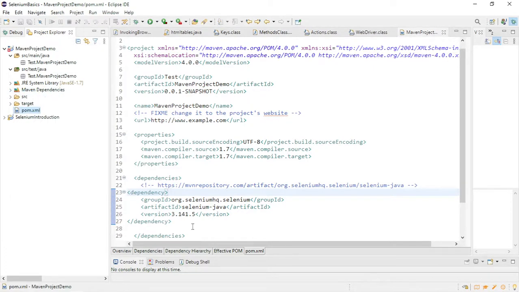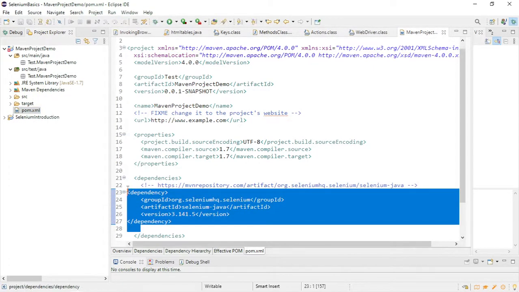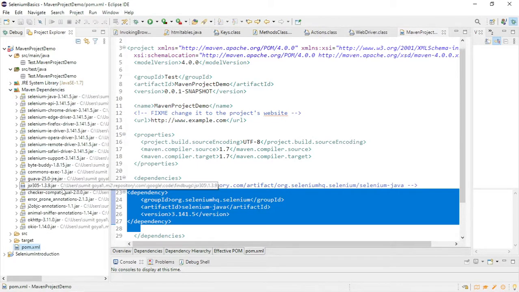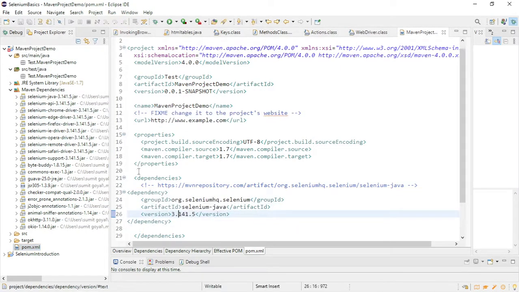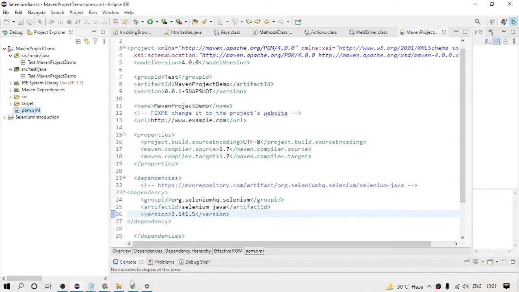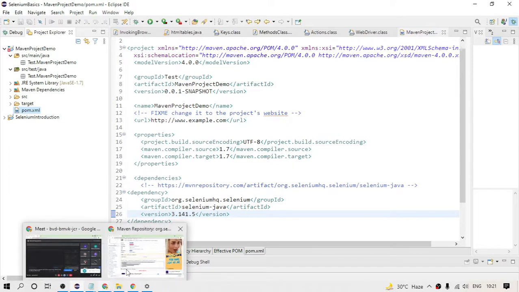Now, after getting this, if you remove this, you will see that all these dependencies will be removed, right? JUnit was also coming here, but now only Selenium jar files are present here because I have removed JUnit. So till now it is clear to everyone. Okay, I hope it is clear.